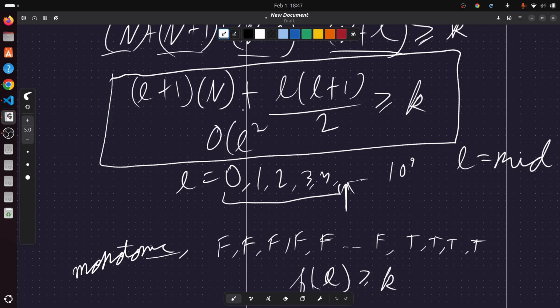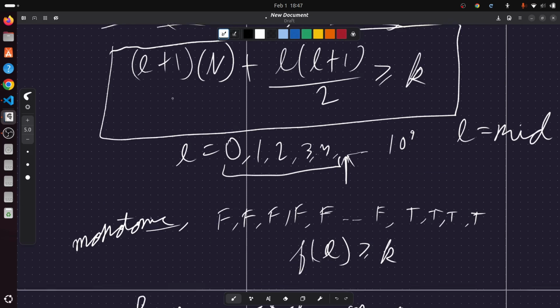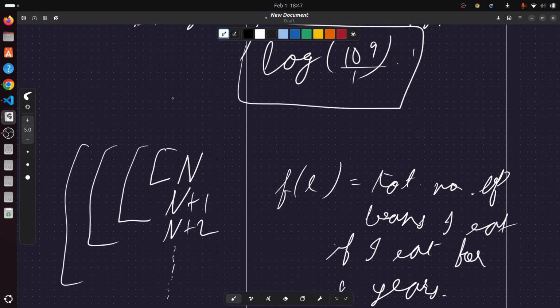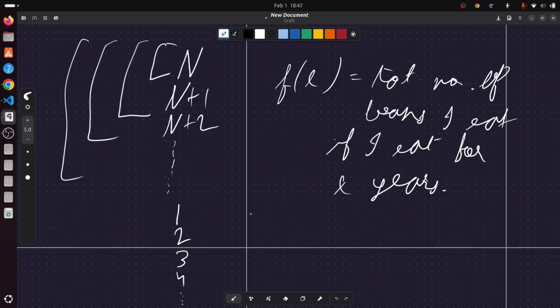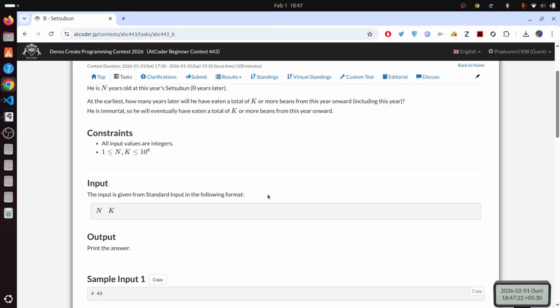So what we can say is this number is growing pretty fast. In the year 0 it is n, in the year 1 it is 2n plus 1, in the year 3 it is 3n plus 3. So this number is growing pretty fast. It is growing proportional to L square approximately, right? So to reach 10 to the power 8, like we want to reach at least k, right? So to reach 10 to the power 8 beans, we would take approximately square root of k time,